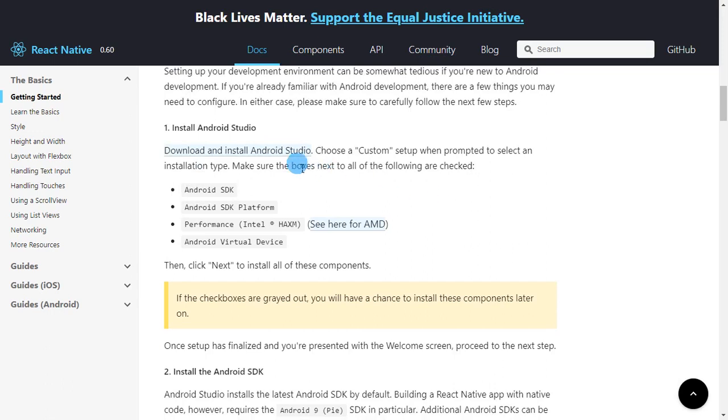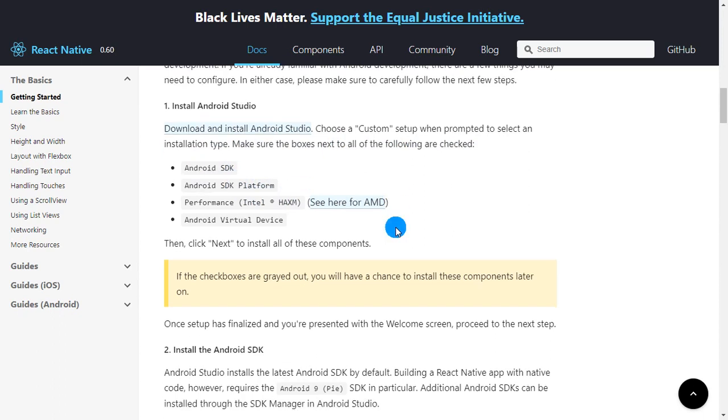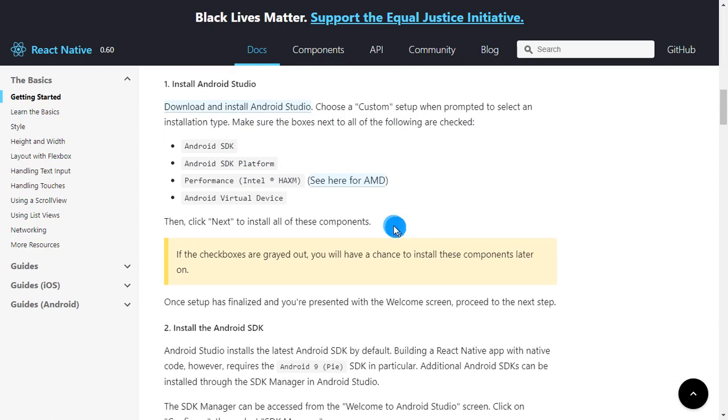First of all, you need to install Android Studio. You have to download and install Android Studio. Choose a custom setup when prompted to select an installation type. Make sure the boxes next to all of the following are checked: Android SDK, Android SDK Platform, Performance (Intel HAXM), select here for AMD if you have an AMD processor, and Android Virtual Device, which is a simulator you are required